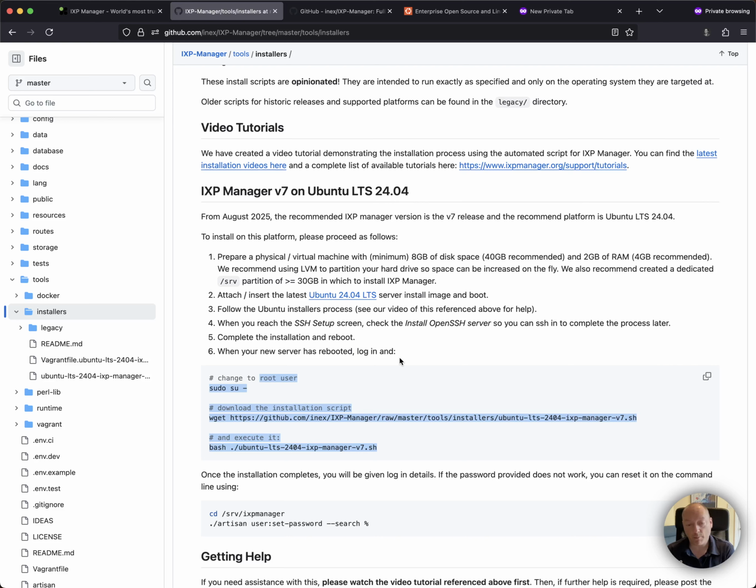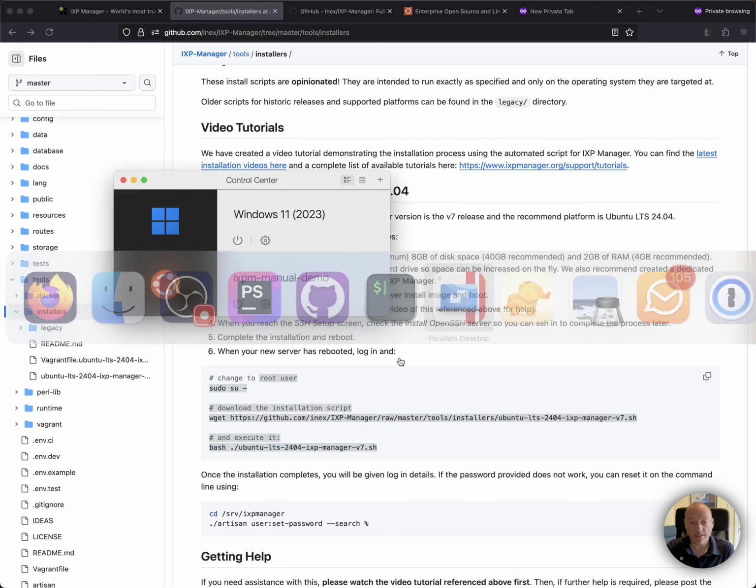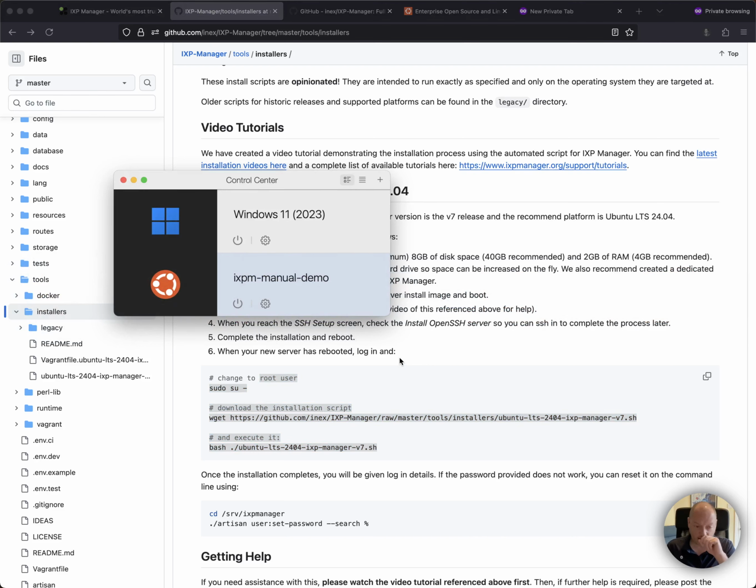On your desktop or laptop, you might use Vagrant. Sorry, not Vagrant. Vagrant is a virtualization tool that we use for something else. You might use VirtualBox, or you might use Parallels, for example. Parallels is what I use. Parallels is a commercial hypervisor for Macs, and it's particularly good because it has a lot of excellent